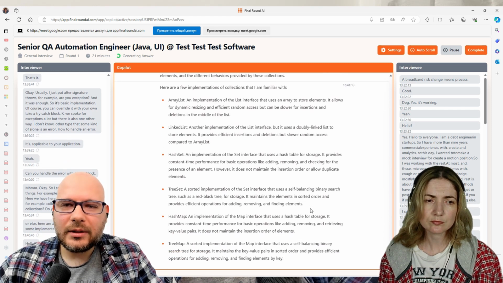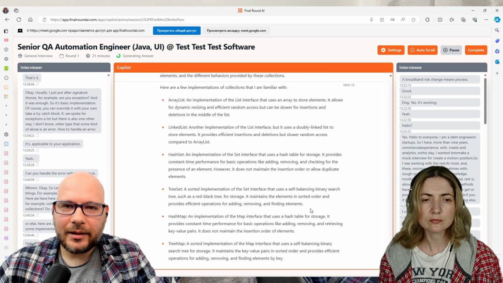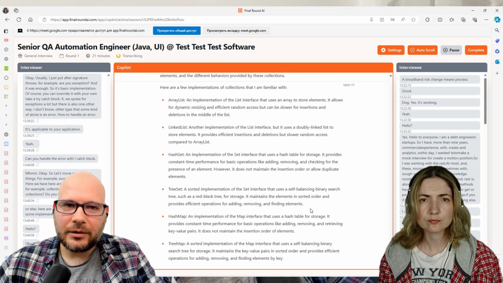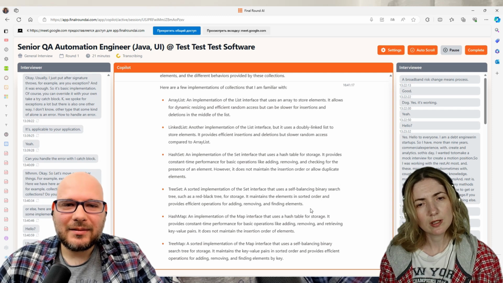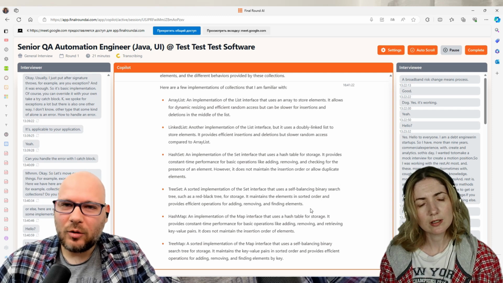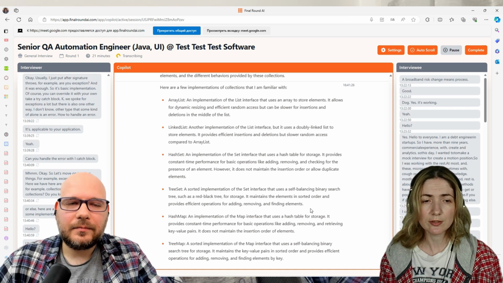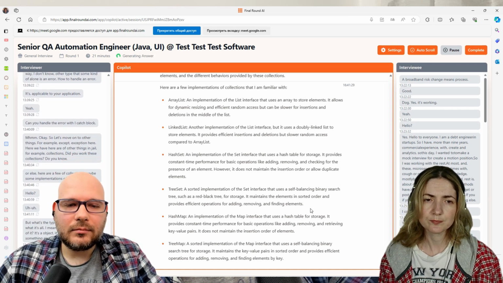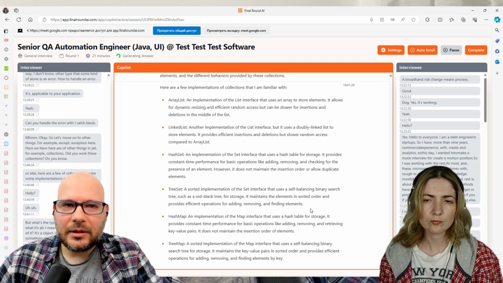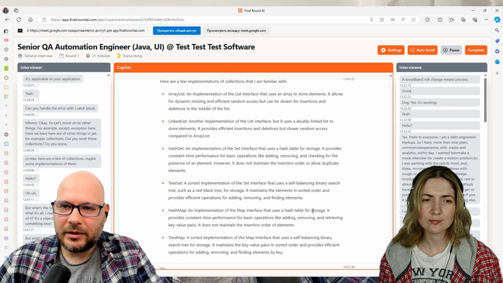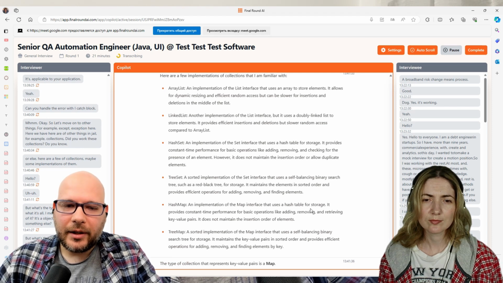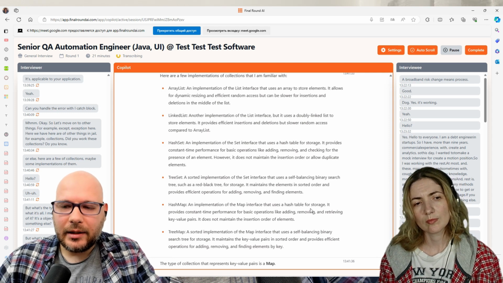But what's the type of collection, list, map? Is it an object, a class, or something else? Oh, it's just an interface. And why are we using interfaces in collections? Why are we not creating it as a class? We still need to create an object. Why do we have list and implementations as array list and linked list?